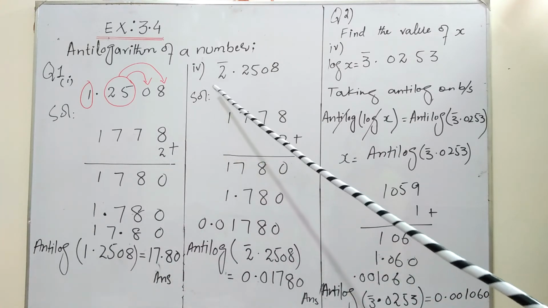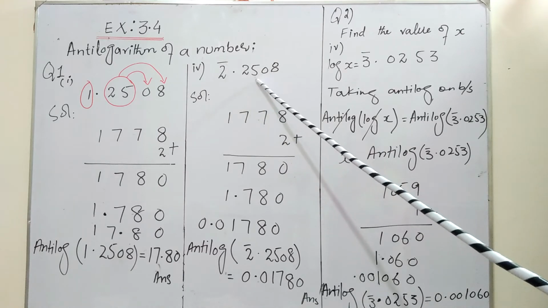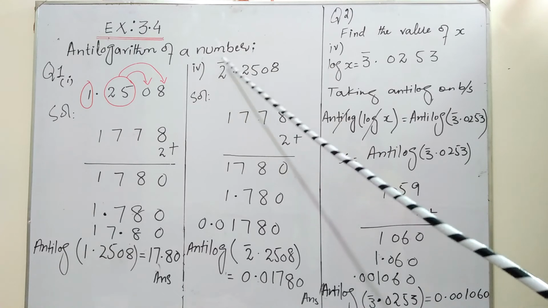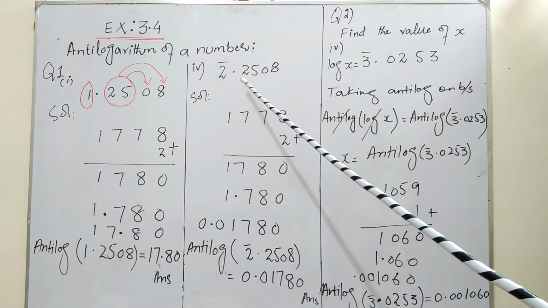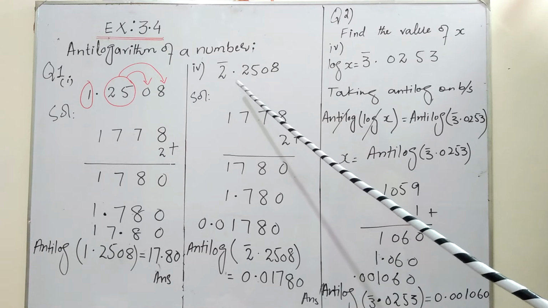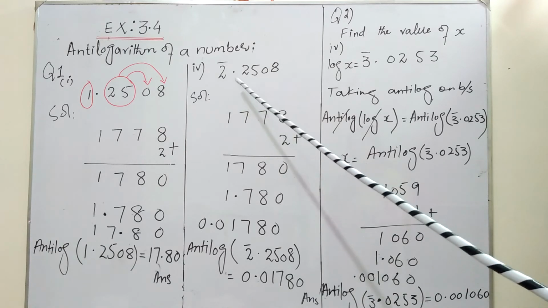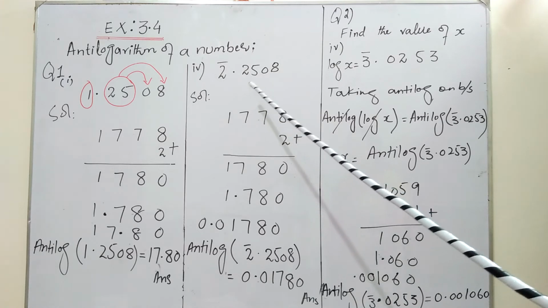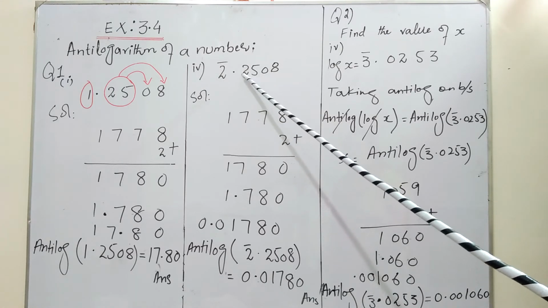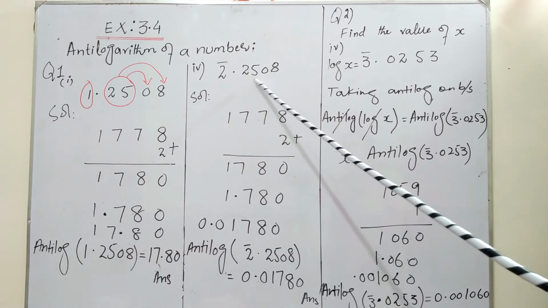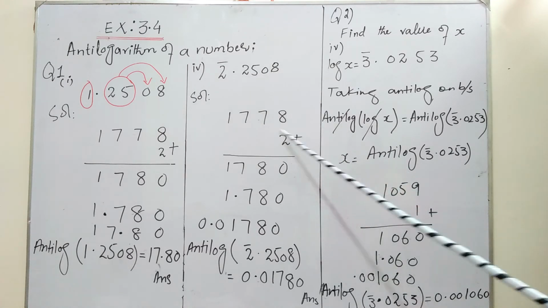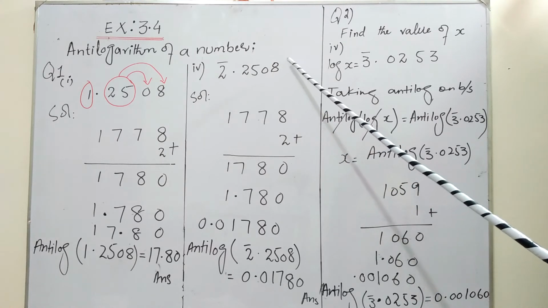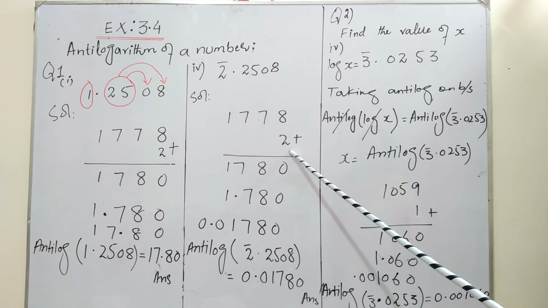Now question number 4 is minus 2.2508. Now the difference is, in this case the characteristic is minus 2. How do you move your decimal point when your characteristic is negative? For the mantissa, follow the same steps as you have done in the previous questions, that is, check the value of 0.25 in the 0 column. The answer is 1778. Again, in the difference columns, which is headed by 8, the difference is 2,